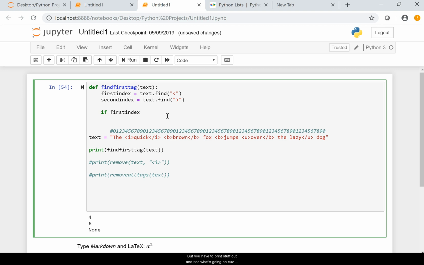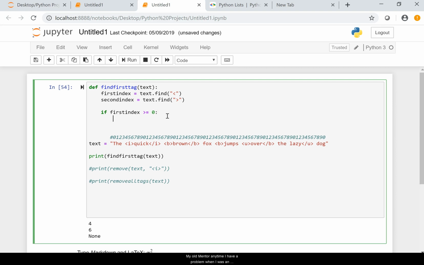But you have to print stuff out and see what's going on. Okay, that's key. My old mentor, anytime I'd have a problem when I was an intern, would ask, did you print it to the screen? Do you see what variables are displaying? When you print it to the screen, you actually control your variables and understand what's happening with them. Okay, so